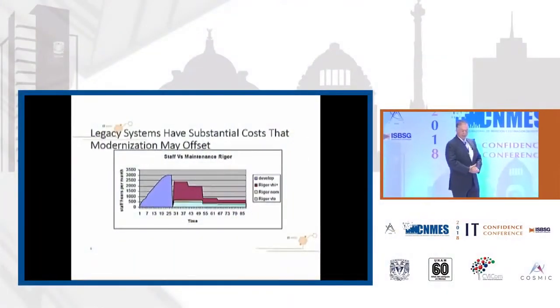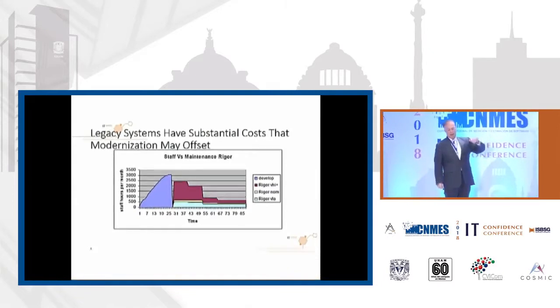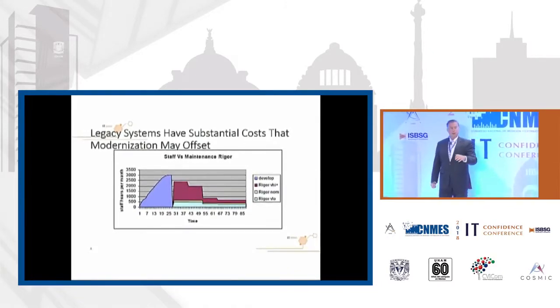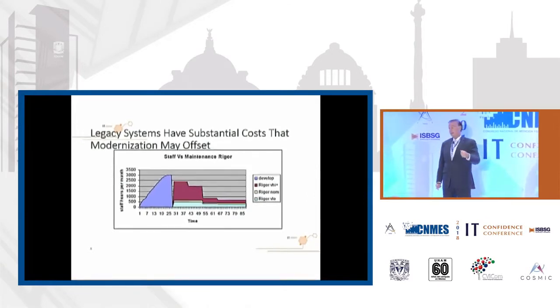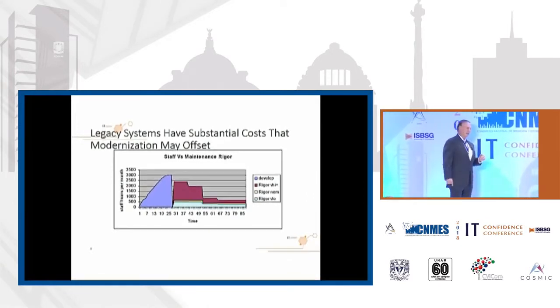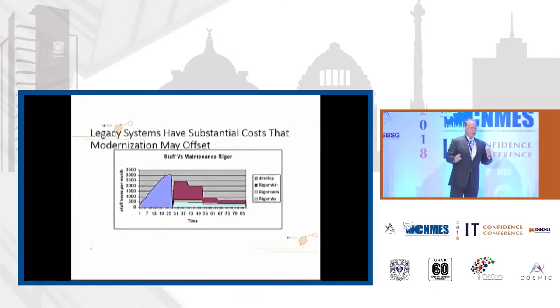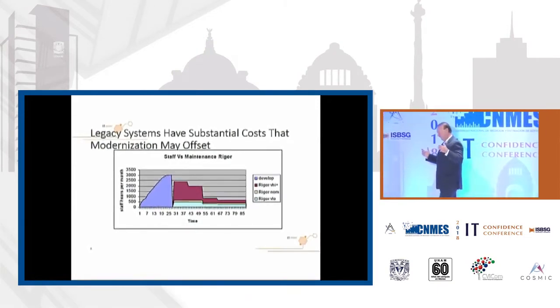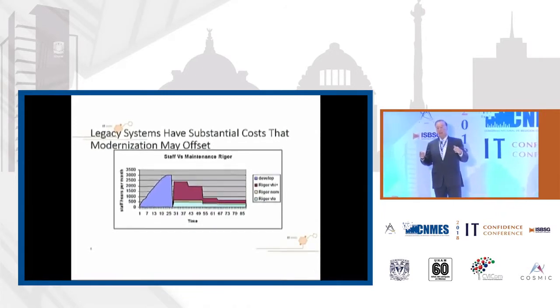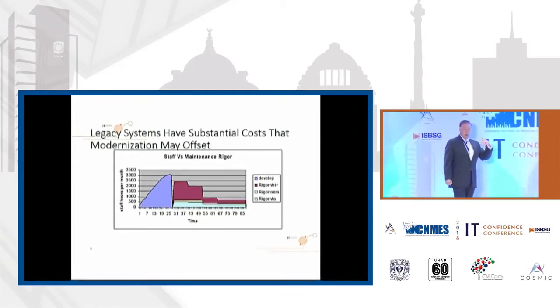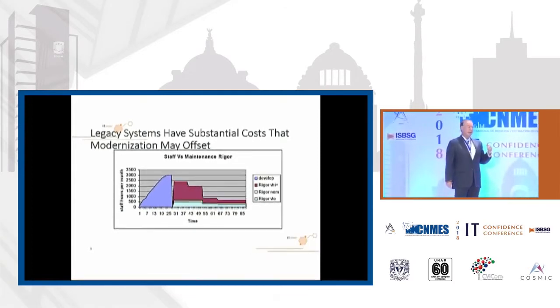Next, please. If you look again, this is just showing the left-hand blue is the cost of development. The right-hand pieces are the various costs of maintenance, depending on how rigorous the maintenance is. Maintenance is a fascinating thing. We've collected maintenance data for years. In fact, we, Galorath, have the largest maintenance database in the world, I believe. The U.S. government has provided us a database along with a number of other people that we've collected data from.